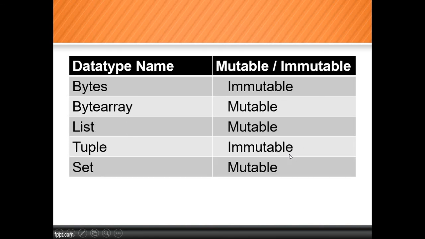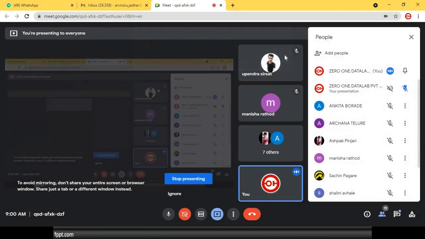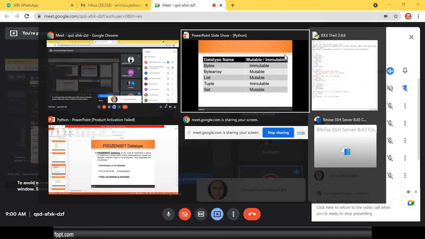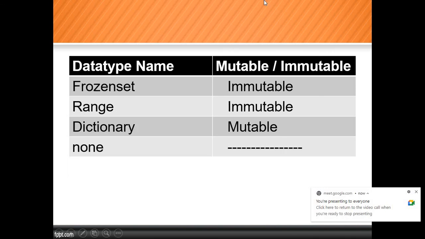So we need to understand the 13 data types. 5 fundamental data types are immutable. After that bytes, bytearray, list, tuple, I have given the whole information here. So just list that and try to understand.